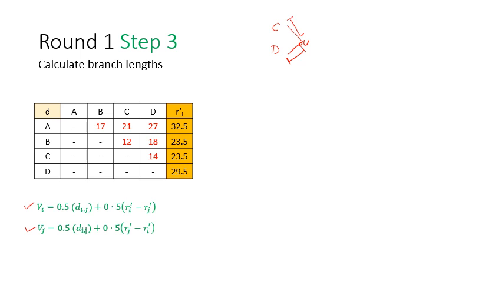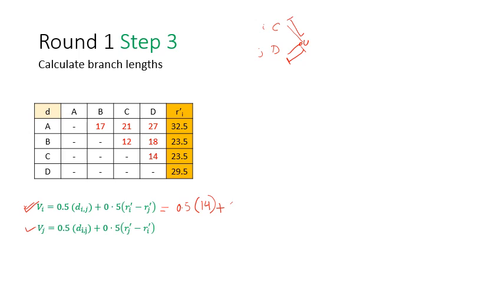That can be done using these two formulas. So let's use this formula. V of I, I mean the branch length of I here, is C. This is I and this is J. So to calculate the branch length of C to U, we'll use this formula. V of I is equal to 0.5 times distance of I to J. The distance of I to J means distance of C to D here, which is 14